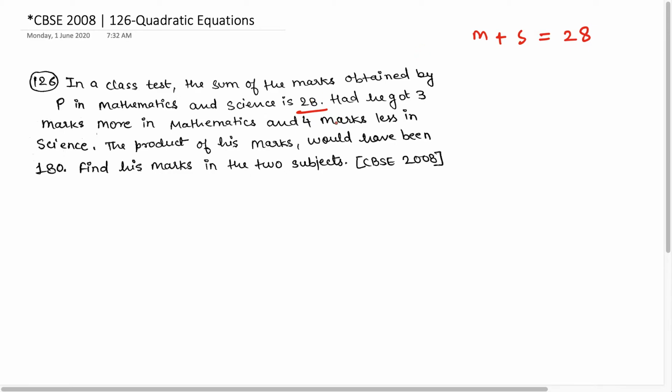Had he got 3 marks more in mathematics and 4 marks less in science, the product of these marks would have been 180. Now the question is saying, had he received 4 marks more in mathematics, which is M plus 4, and if he would have received 3 marks less in science, which is S minus 3,